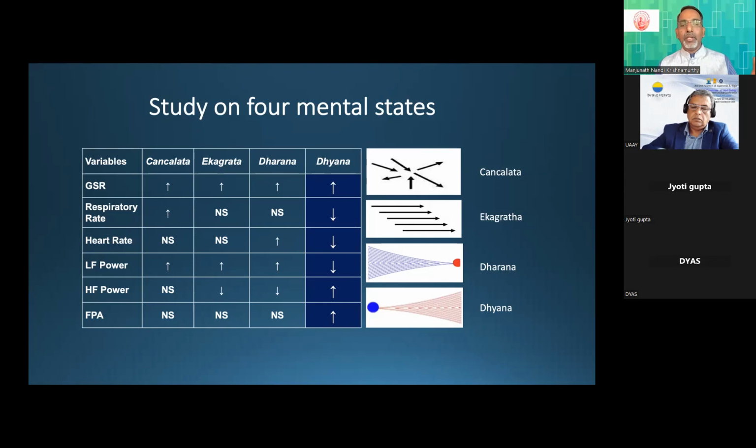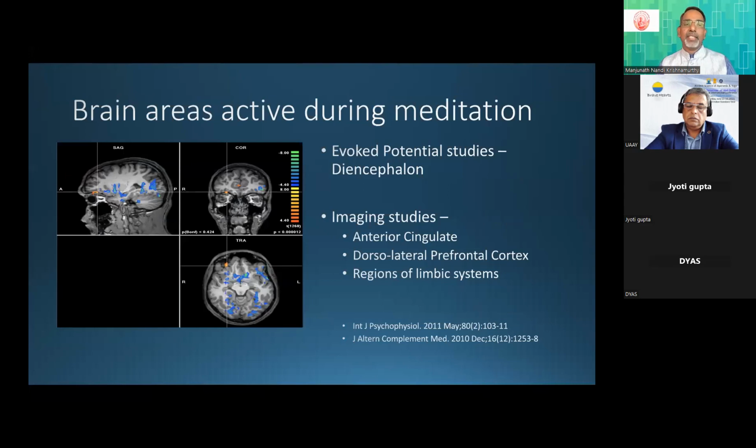So now when you look at what exactly happens to your autonomic nervous system when you go through these phases of meditation, it's very interesting to note that during dharana and particularly during dhyana, it induces a state of alertness, at the same time brings lots of the physiological processes to a relaxed state, like the heart rate going down, the sympathetic activity going down, parasympathetic activity going up, all suggesting that there is a possibility of changing it.